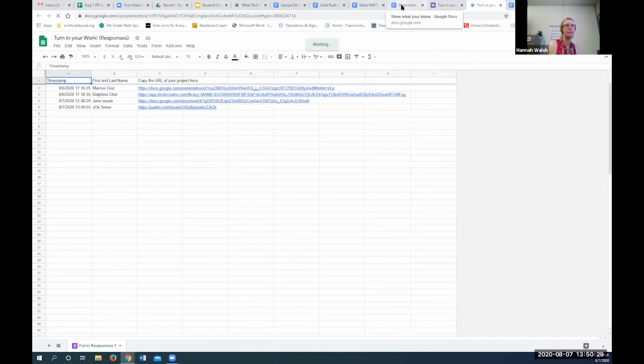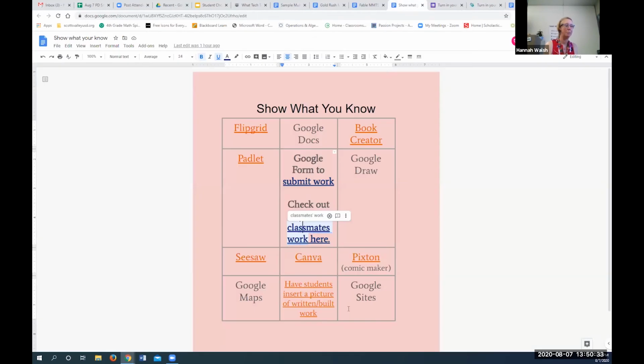One other option is you can have students insert a picture of their written or their built work. We want to give them chances to be off computers as well. So maybe you're going to have them create some artwork or create a collage, or maybe you're going to give them a design challenge, an engineering challenge. You can have them insert their pictures into a written work. So you can have them open a Google Doc and